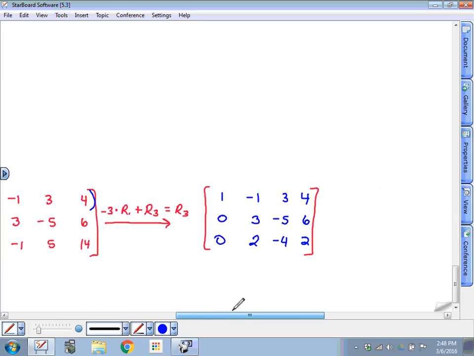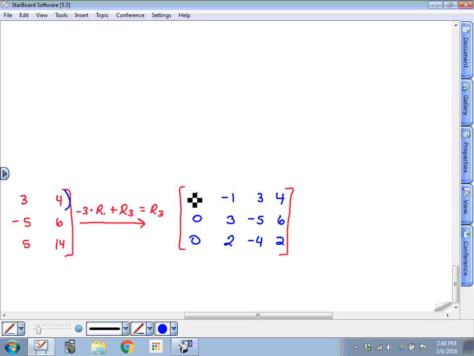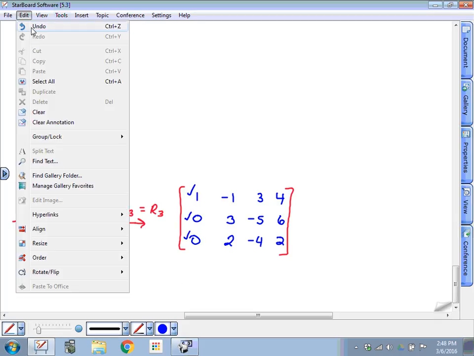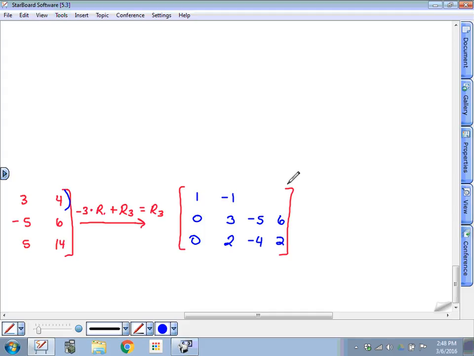Okay. So we'll make progress. We've got a 1, a 0, and a 0, exactly where we want them. Our next task should be to get a 1 here and a 0 beneath that. Now I mentioned earlier, if you don't have a 1 where you want to have a 1, the best thing